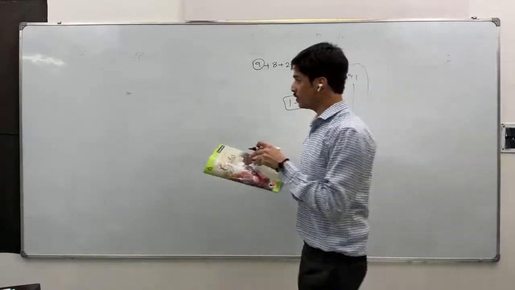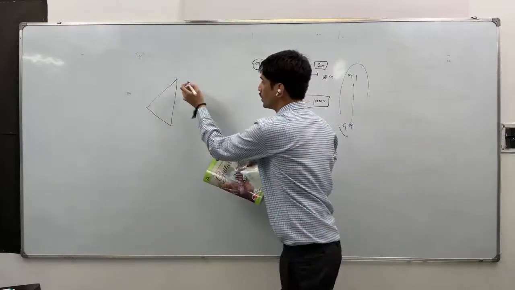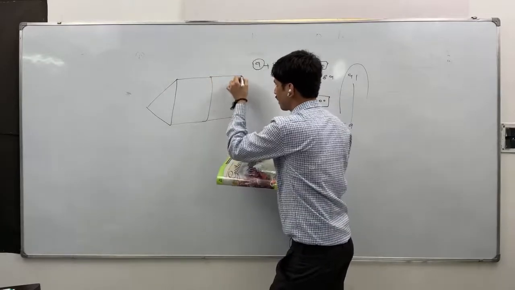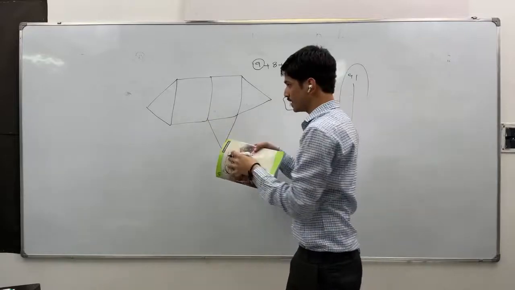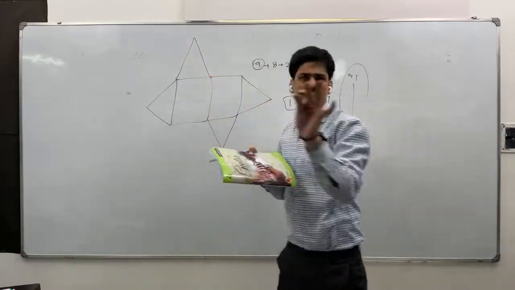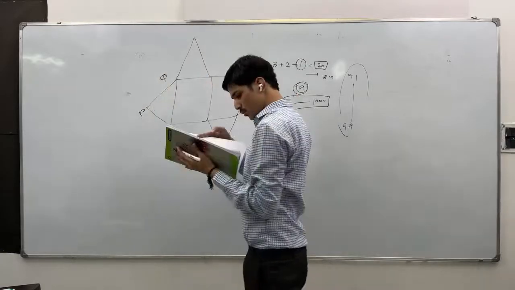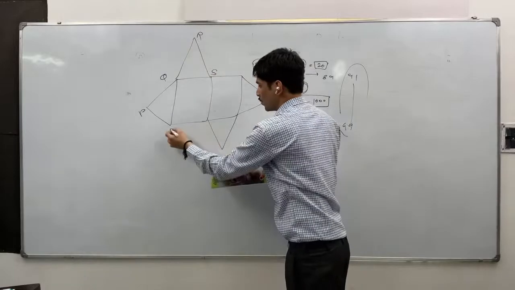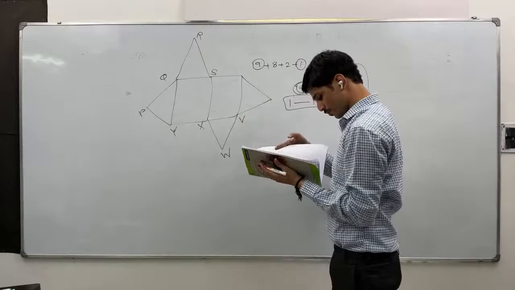Okay, one more puzzle I'll give. Let's say you have a kind of road connection. You have this one here, then you have this and this one. Let's say this is a road network. I'll label the points P, then you have Q here, then R, S, Y, X, W, V,